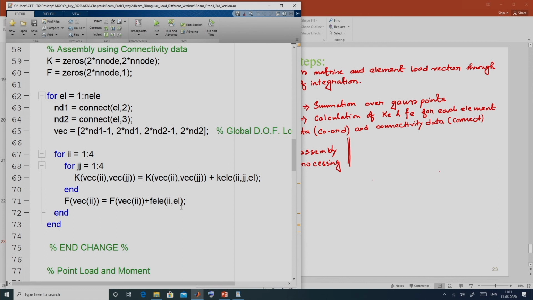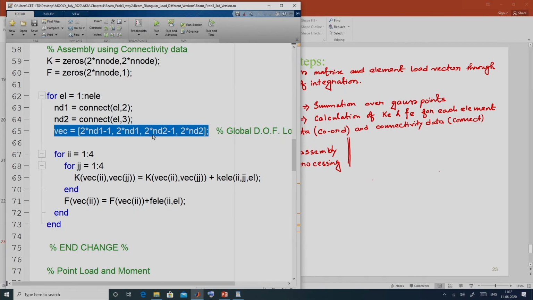We have also generalized our assembly operation, where we have introduced this array vec, which consists of the addresses of global degrees of freedom in our global K and global F for the corresponding local end nodes, node 1 and node 2. For a beam element, for the ith node, the global addresses are 2i minus 1 and 2i.